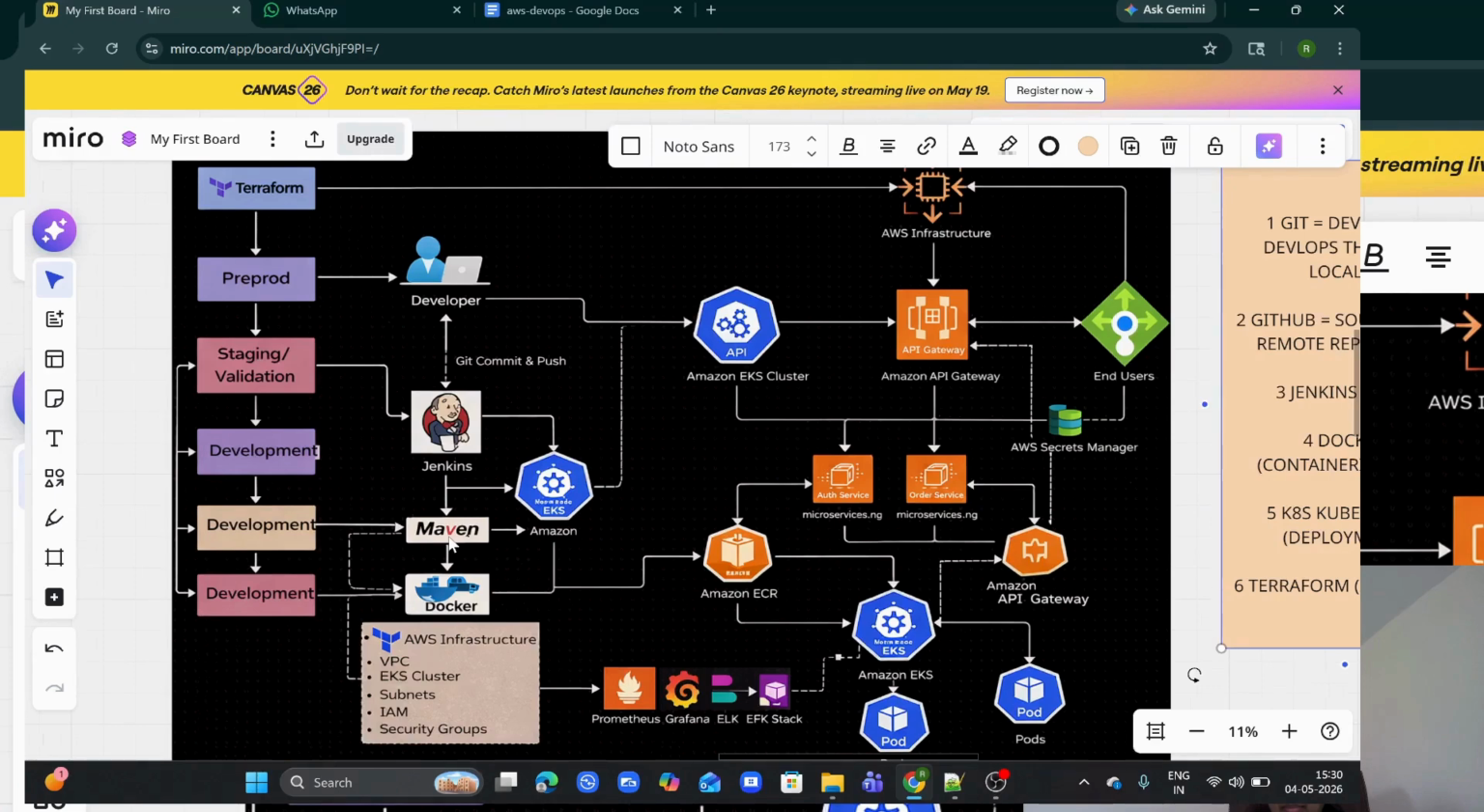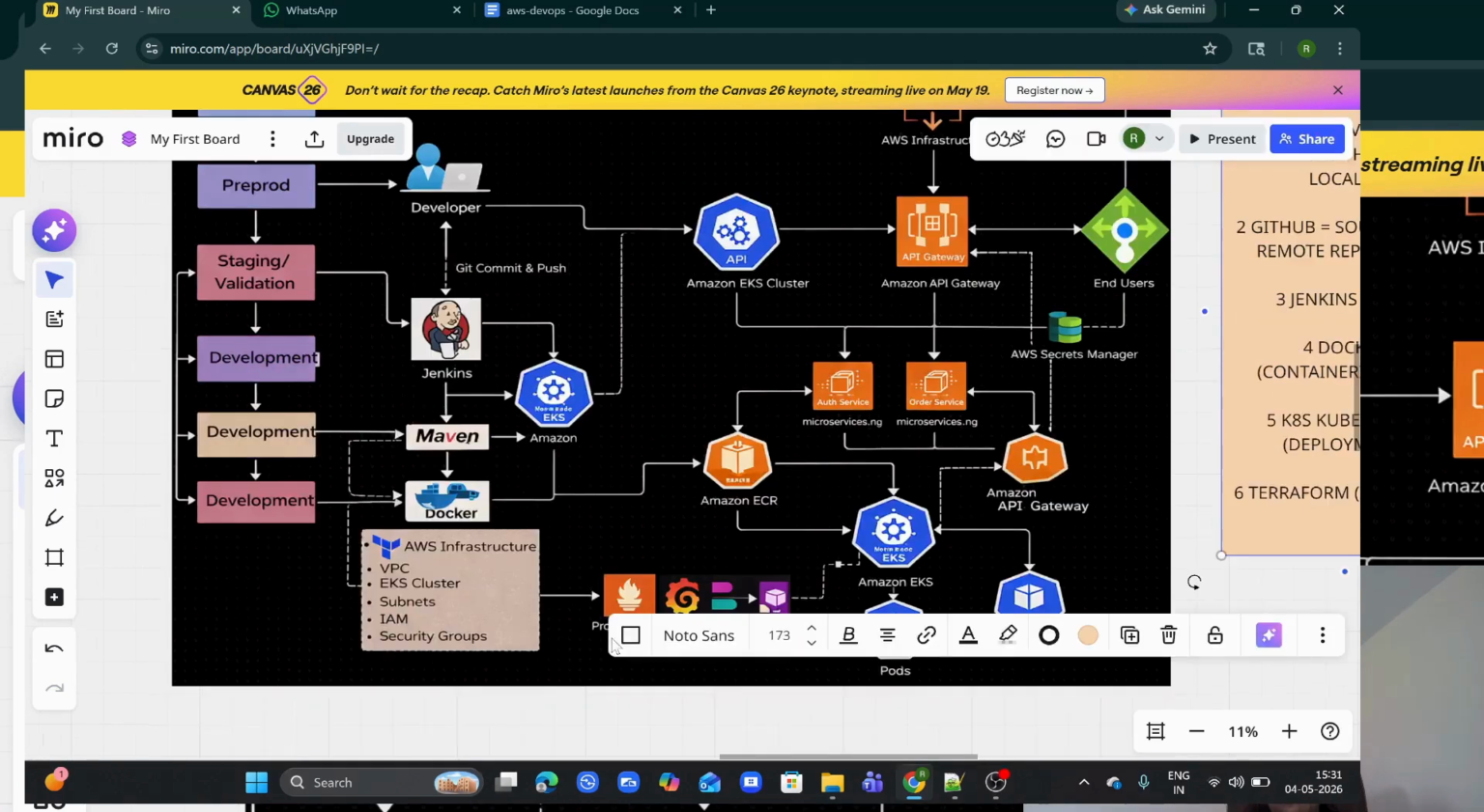Finally, we have Kubernetes. Like in AWS we have EKS, in DevOps we have the Kubernetes tool. So we are going to run our applications here. Once an application is deployed, we need to monitor, right? What is happening? What is the CPU utilization? What is the memory utilization? Everything will be monitored using monitoring tools. We have monitoring like